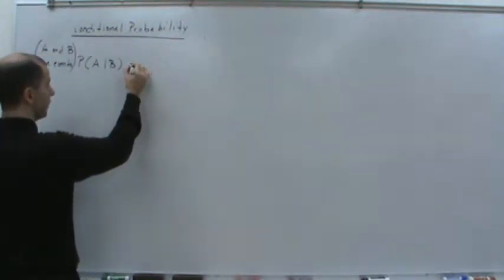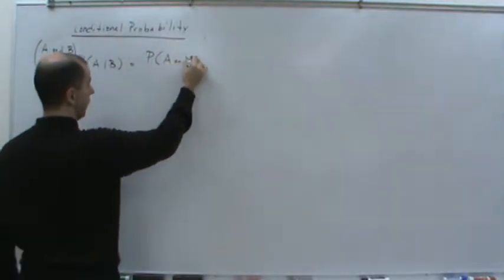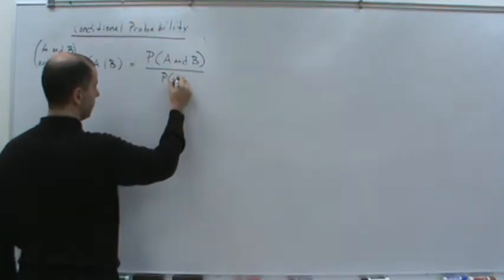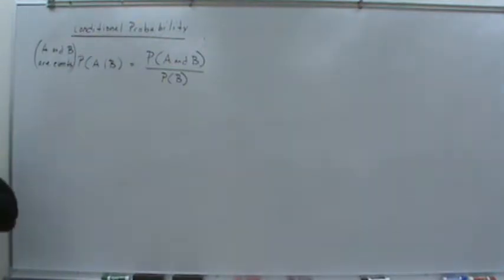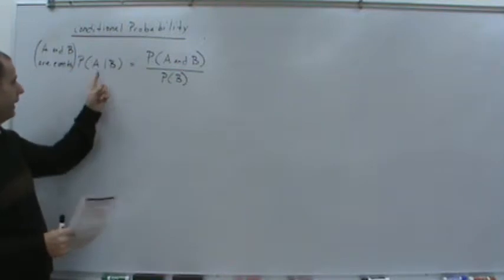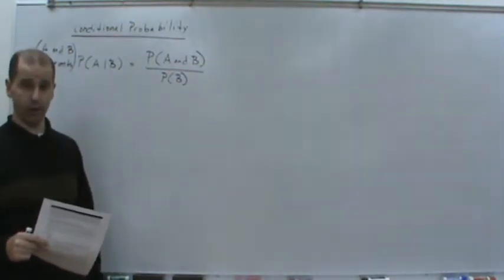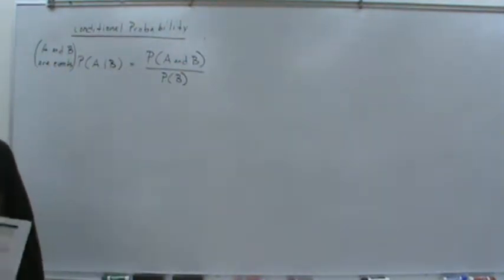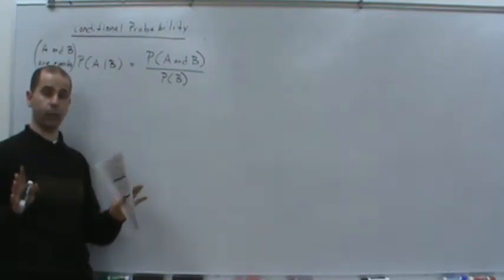The definition of that is it's the probability of A and B divided by the probability of B. Okay? The probability of A given B is the probability that both A and B occur divided by just the probability of B. Okay? So the one thing about conditional probability that you want to understand is whenever you're dealing with